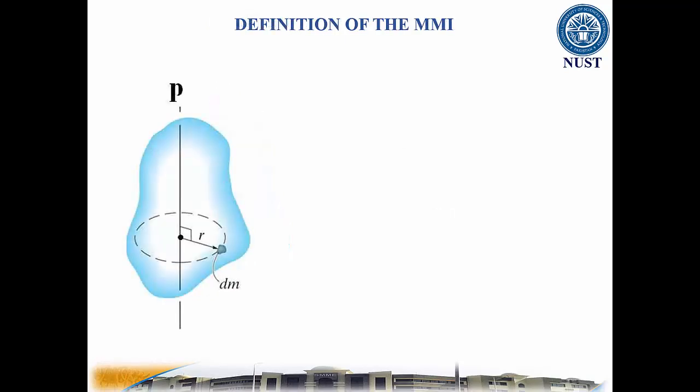Consider a rigid body and the arbitrary axis P shown in the figure. The mass moment of inertia about the P-axis is defined by this equation, where r, the moment arm, is the perpendicular distance from the axis to the arbitrary element dm. The mass moment of inertia is always a positive quantity and has a unit of kg times square meter or